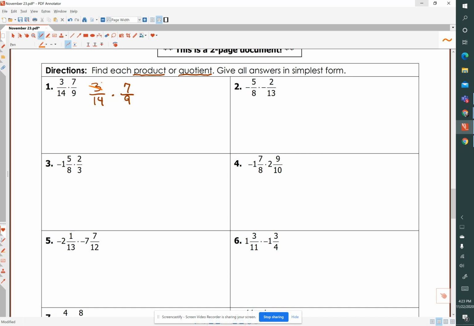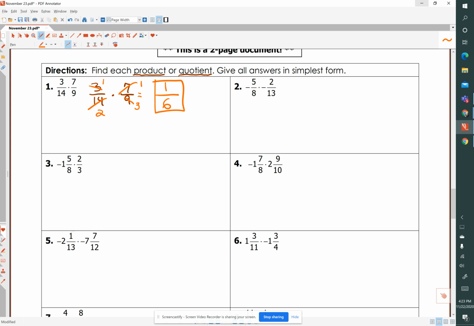I see that 3 is a factor of itself. 3 divided by 3 is 1. 9 divided by 3 is 3. I multiply straight across. Actually, I can cross simplify some more. I'm sorry, I should have done that right away. 7 goes into itself 1 time and goes into 14 2 times. Remember, smaller numbers are better numbers. So I'm multiplying across, and I have 1/6. And that's a final, already simplified answer.